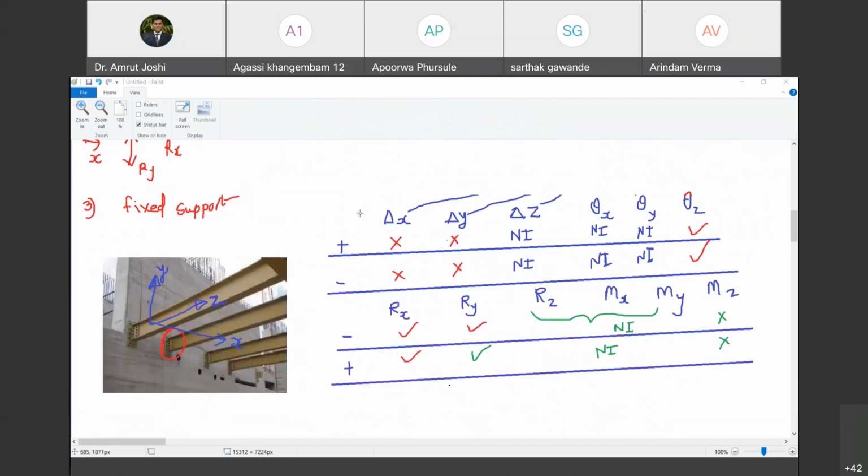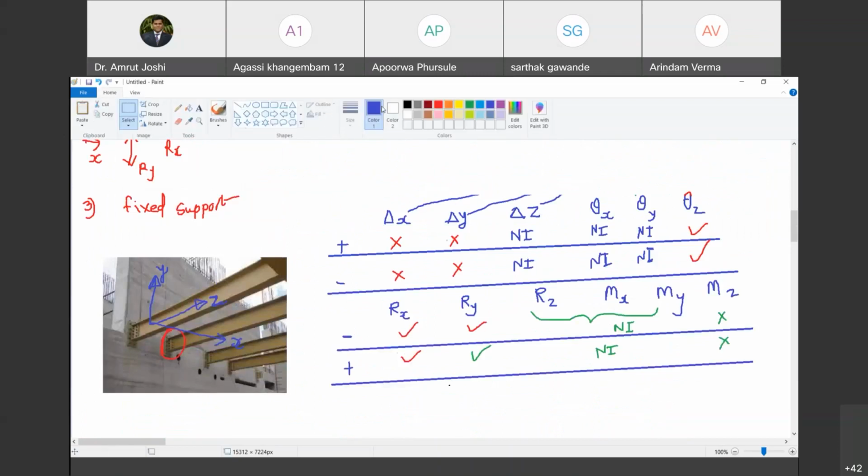Now let us look at fixed support. What can you say about this fixed support? What about delta X? If I try to push this member towards right or towards left, is it possible at the joint? No. Not possible. Are you able to imagine what kind of support this is? See, you can see a plate here. This in fact is an angle. So this angle is connected to this beam on one side, and on other side it is connected to this other plate. In turn, this plate is connected to wall. So you cannot take this member along positive x direction or negative x direction.